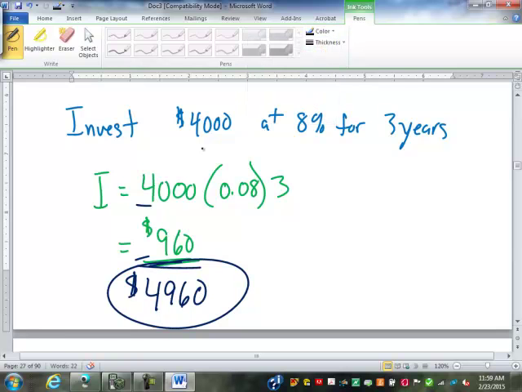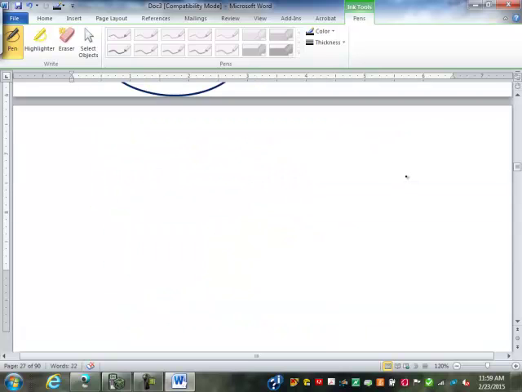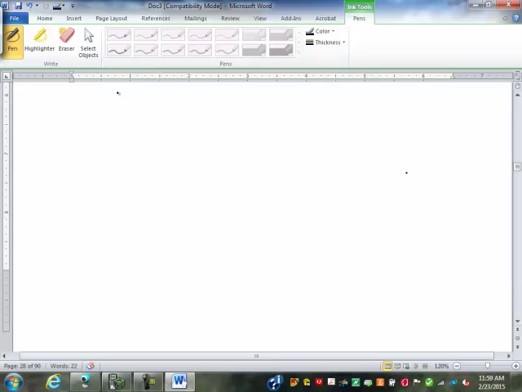Now, we don't usually use simple interest on something 3 years long. Usually, simple interest is only used on short-term loans or investments. For example, let's say we need to borrow. I run a small construction company in the summers. And occasionally, I don't finish a job and I don't get paid and I have to make payroll for my employees. So I might go to the bank and I might say, I need to borrow